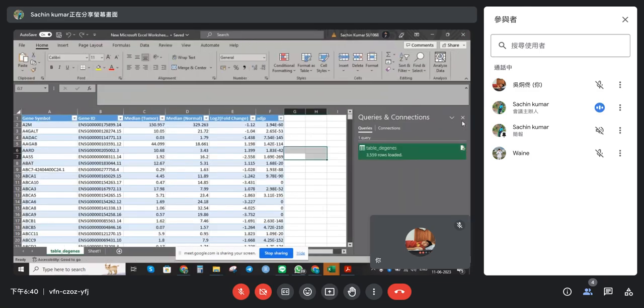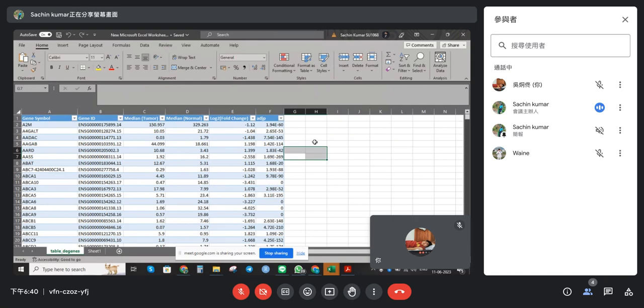So here, after downloading the data, we have all the genes. Gene symbol is the gene name. You can say that this is the name of the genes that are involved in breast cancer. Okay, gene ID, tumor, normal,